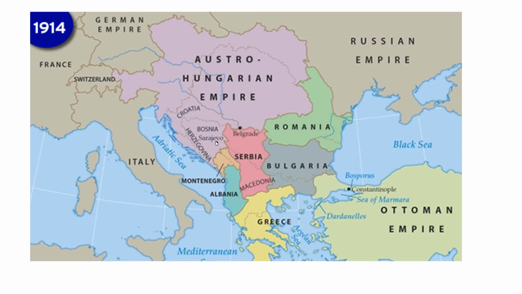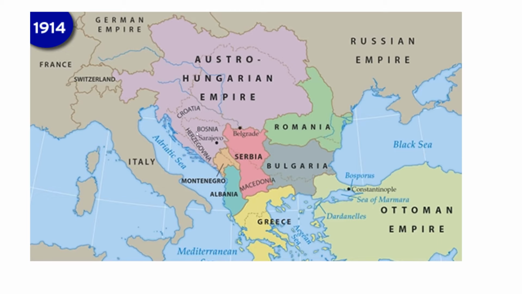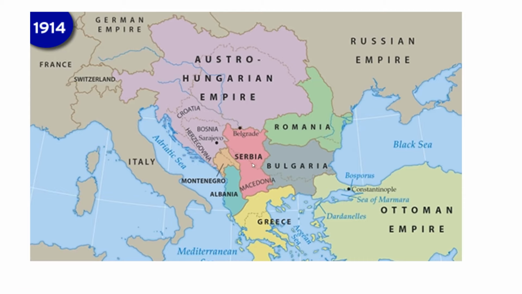Now, the reason this is important is because this Balkan region here is home to many different ethnic groups, many different nationalities, right? You have Albanians, you have Serbians, you have Bulgarians. These are all different groups of people. And there were also people who were identifying as Bosnians. There were also people living in the city of Sarajevo that identified as Serbian, and there were groups of people that really did not like the fact that the Austro-Hungarian Empire, being this large country up here, had taken over a national group instead of allowing them to either become independent or merge with a country like Serbia or Montenegro, or kind of become their own country.